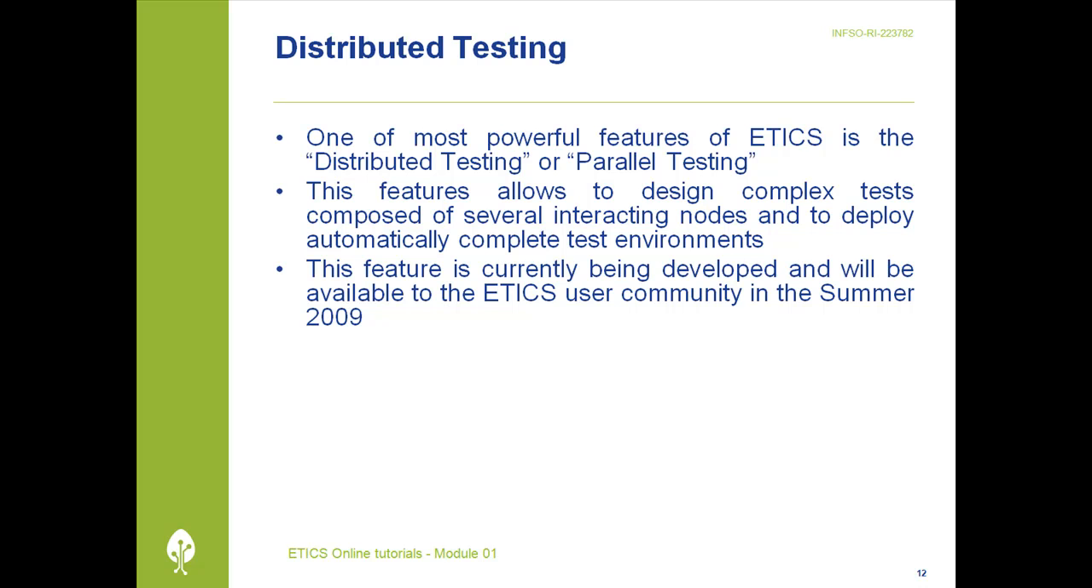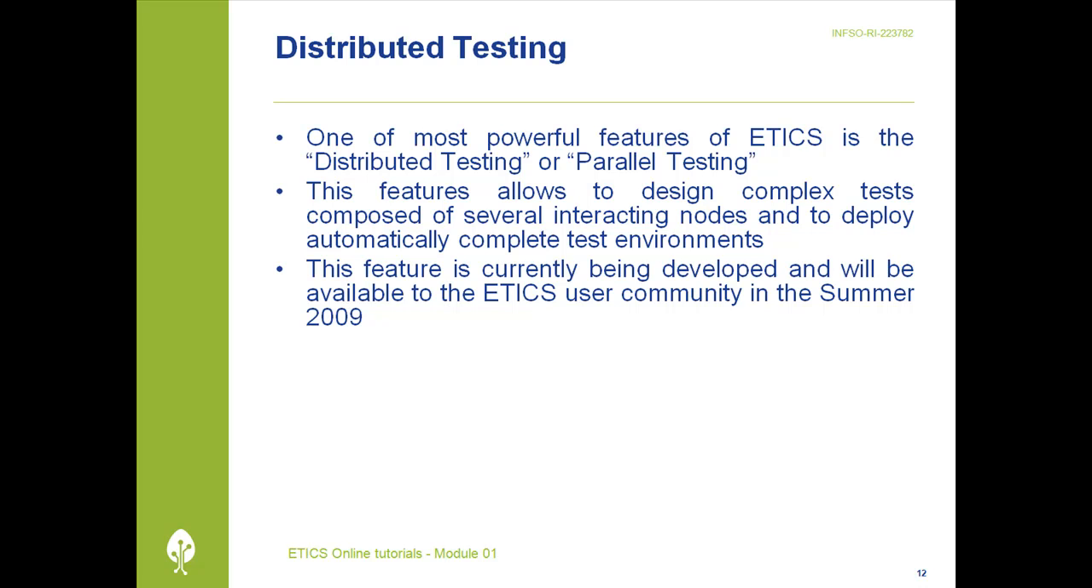Finally, some words about the ETICS distributed testing feature, also known as parallel testing. This feature allows designing and executing with ETICS complex test workflows involving multiple nodes, services, clients, test scripts and more. ETICS analyzes the test provided by the user and allocates automatically the required number of worker nodes. It deploys and configures the various client and services using the information stored in its configuration database and then executes